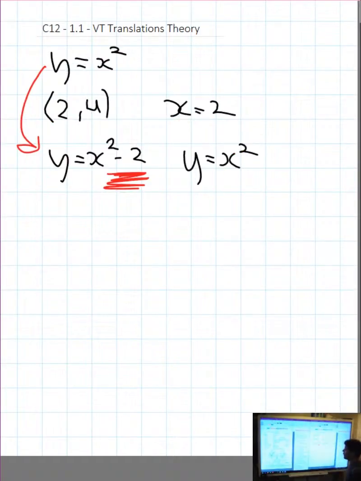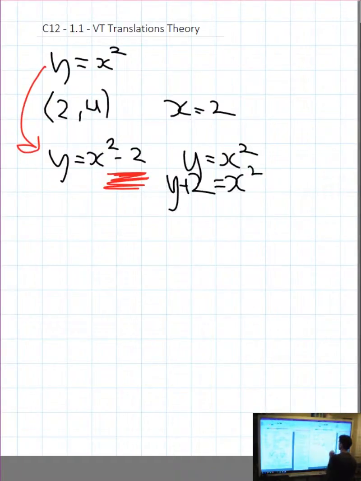So what if we want to go down 2? Well, we want to go down 2. We want to subtract 2 from all of the y values. Well, what are we going to do? Well, we learned that we want to always substitute the opposite operation for the variable. So if I want to go down 2 and I want to subtract 2 from all the y values, then I do the opposite operation of subtracting 2 from all the y values, and I substitute y plus 2 into